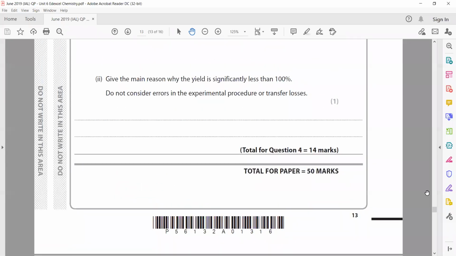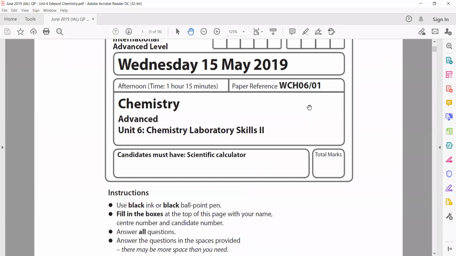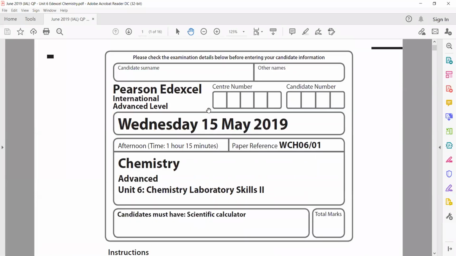So this was unit 6, total of 50 marks, and the duration of the exam is 1 hour and 15 minutes. Any question related to the class today? Next session I will discuss the weekly homework with you and do more past papers, complete past papers from unit 2, unit 4 and unit 5 as well. So I'll end the session and share this with you.